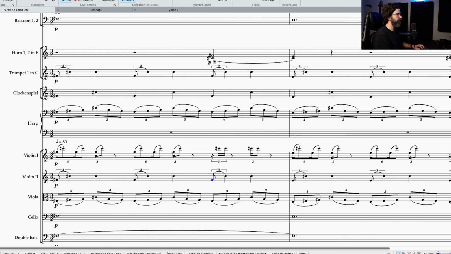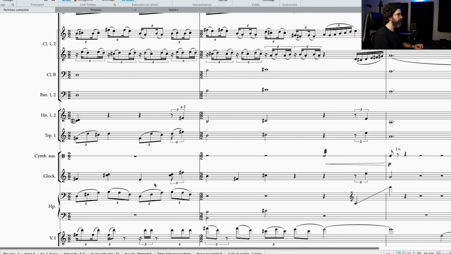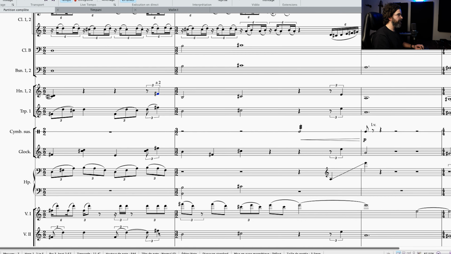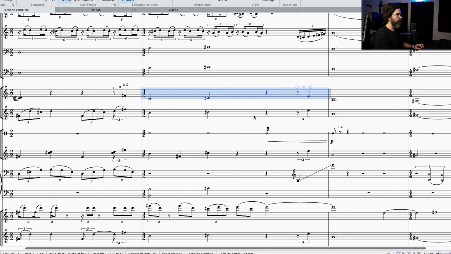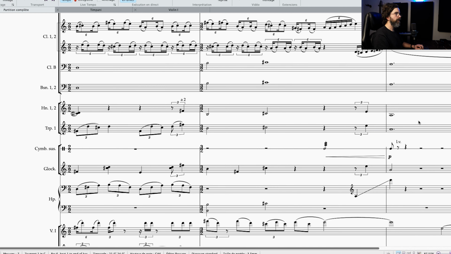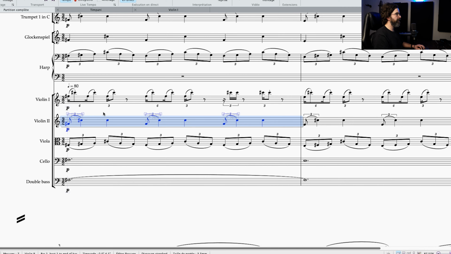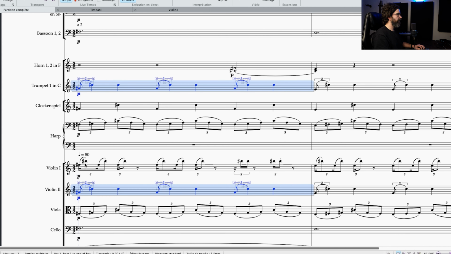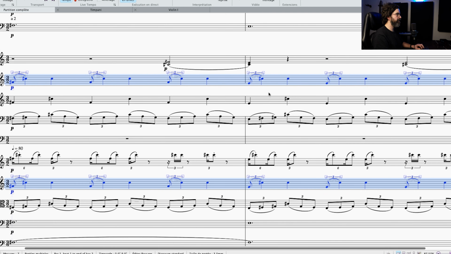So again, F sharp and C is here, and then E here with the C sharp, and then continuing on for the last part here. And then doing the full melody, playing the full melody with the second violin for the end, with the trumpet that's playing an octave higher. So giving a little bit more emphasis on the melody at the end. And the first trumpet here is playing the same thing as the second violin. So we got, again, an emphasis on the main melody.